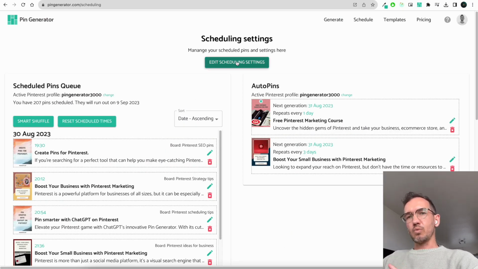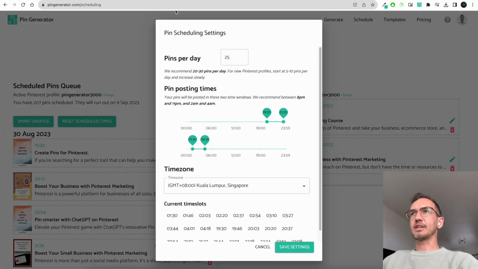So what settings do they use to schedule? You can click this edit scheduling settings button to look at your scheduling settings. Here you can set how many pins you want to pin per day. So if I want to set 10 pins a day, I can do that. You can set the windows in which you want your pins to go out. So I can say between 1:30 and 4:30 in the morning,